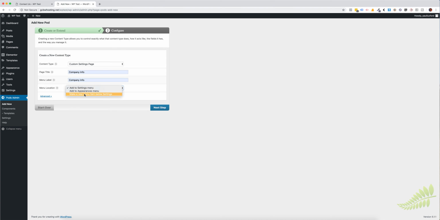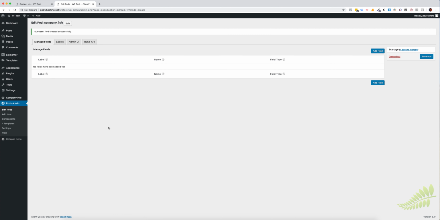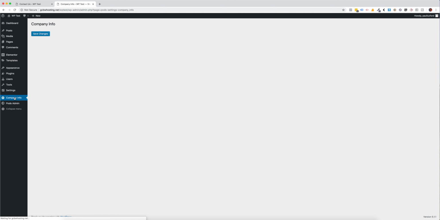And I'm just going to make it a new menu item below settings. And I'll go ahead with that. And now you'll see company info is now right there. It's our settings page or our options pages called company info. So the phone number field and the email address field is going to be displayed here, and I'll show you